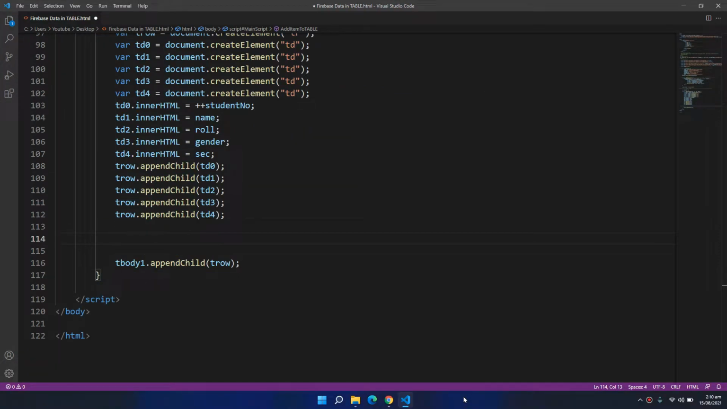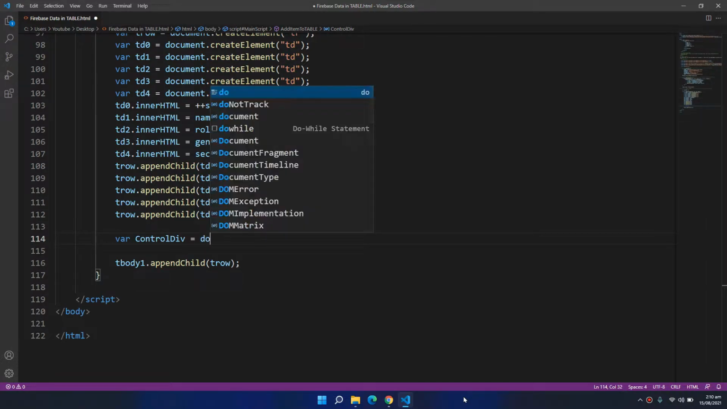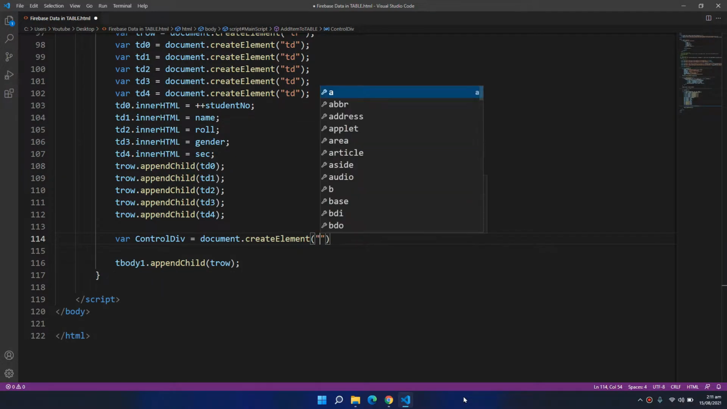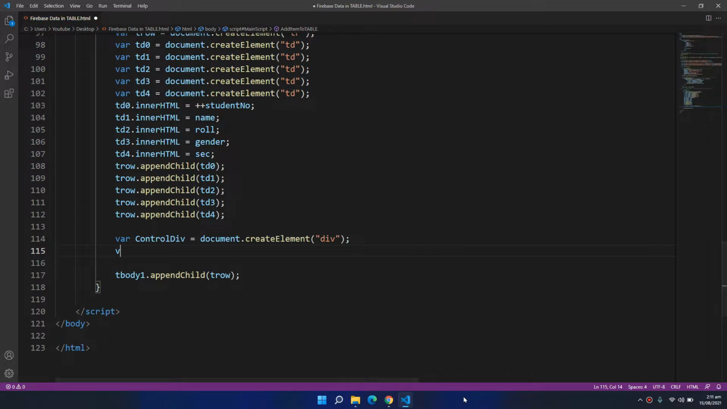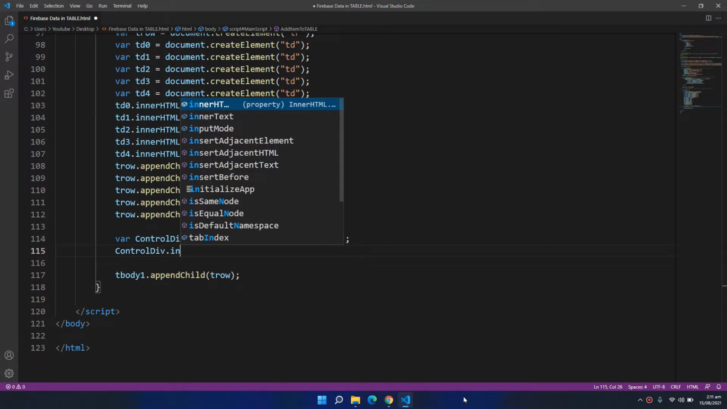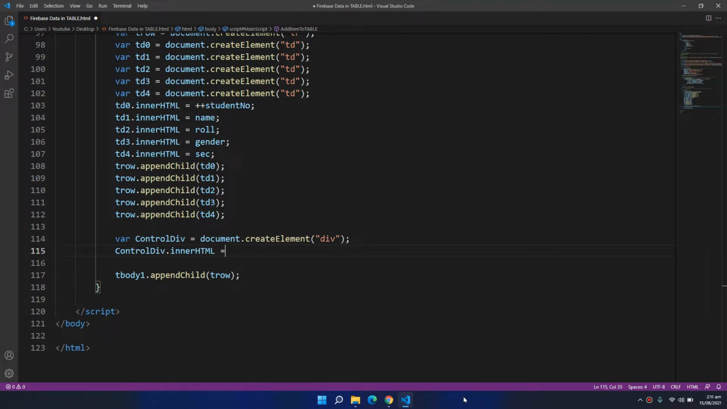Now I'm creating a div which will contain all of my buttons. So I am gonna call it control div, and document dot create element. Let's create a div, and inside that div I will have both of my buttons. So inner HTML equals to,